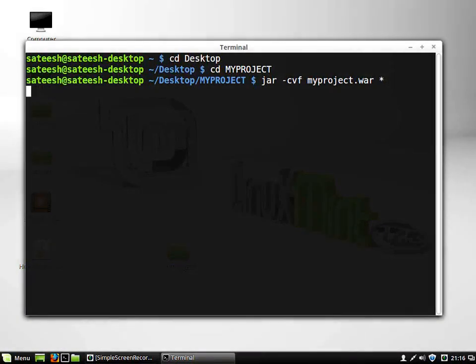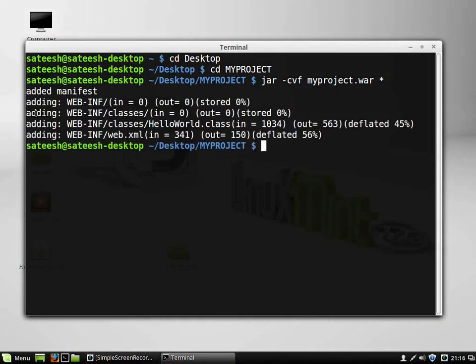You can type your own file name; the file name can be anything. It need not match your folder name. In my case, I am giving myproject, of course, differently. I am not using any caps lock here. myproject.war. The extension should be war. War means web archive file. Afterwards, star. Star says that please include everything from my project during the creation of an archive called myproject.war. So it means that we are including everything from the directory my project. Right? When you press enter, you can see all these things are included in one single file.